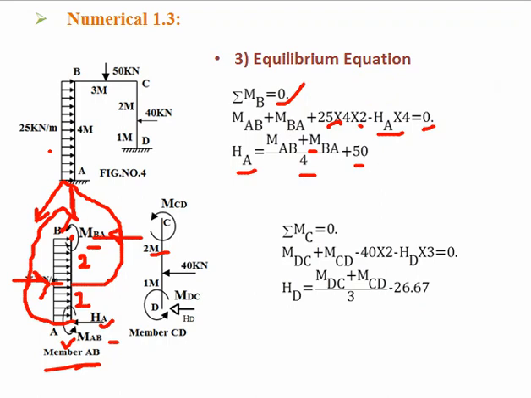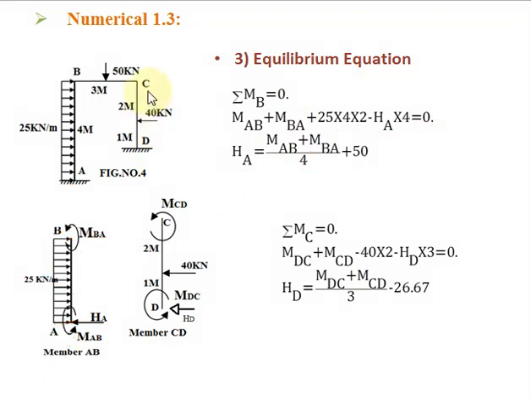Now consider the next column, column CD. Now draw the FBD of column CD. There end moments will be there. Let's consider that end moment anticlockwise, MCD and MDC. We don't know initially the direction. Let's consider anticlockwise. There will be a reaction at D. Let's take it toward the left side, and there is also a reaction at C. But this reaction will give you moment 0 about C. That's why that's not shown there.